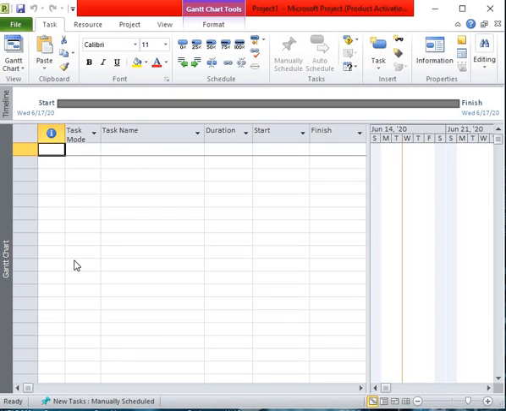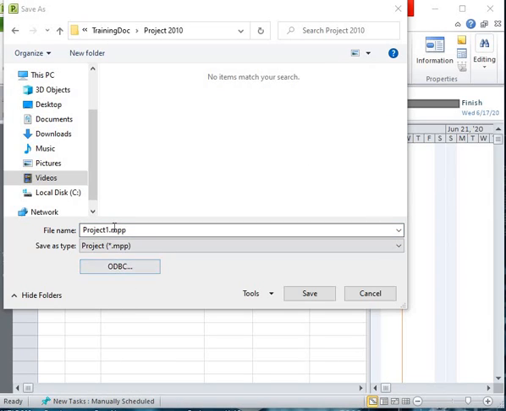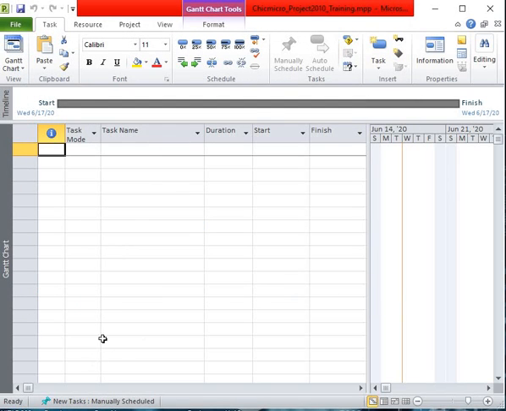Save as. Michael underscore project 2010 training. So now that we have saved our project as Chief-Michael Project 2010 training,